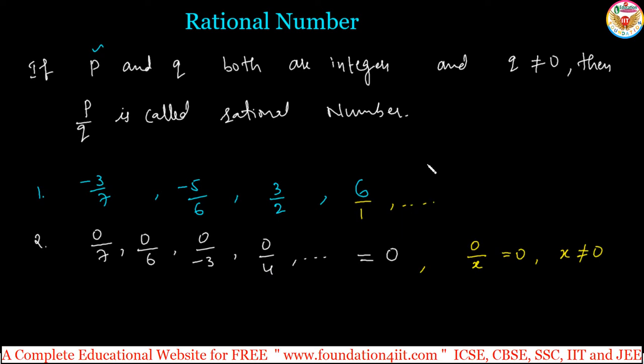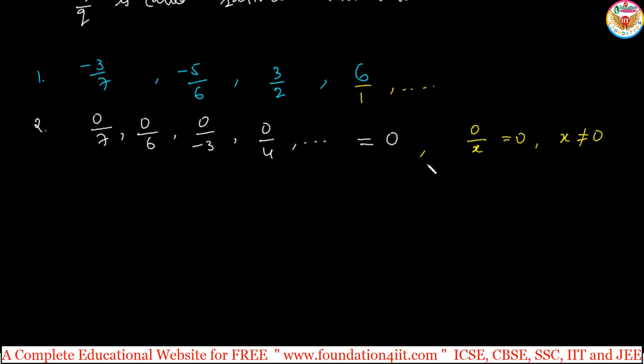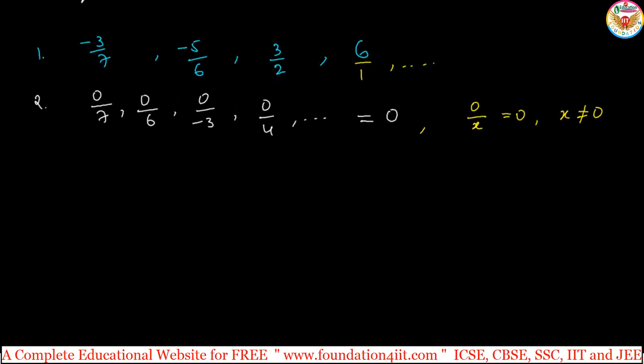When you come to the basic properties, all the rational numbers must be in standard form. For example, 13 by 26. This is a rational number because 13 is an integer and 26 is also an integer. But as per the standard form, there should not be any common factor for 13 and 26. 13 ones are 13, 13 twos are 26. So this is 1 by 2, and 13 is a common factor.